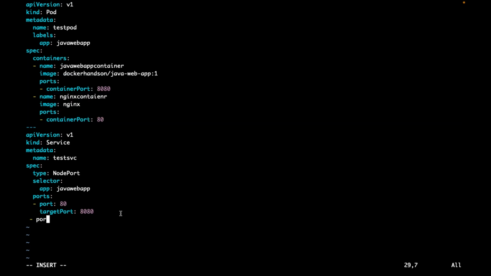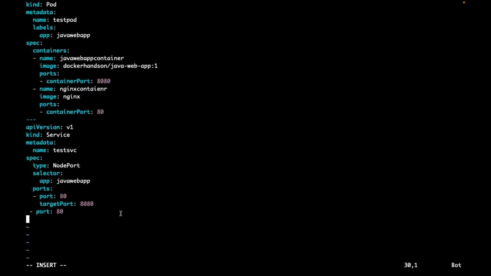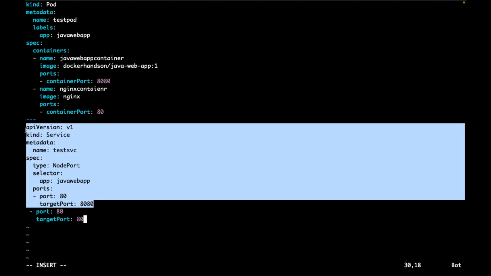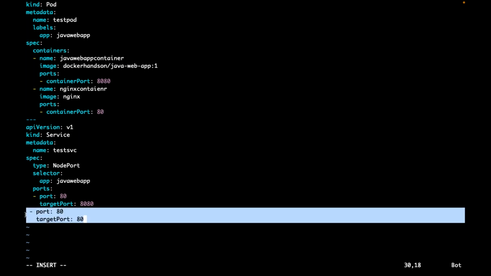Again, can I use the same service port again? Can I do something like this? Single service, is this possible? Is this correct? Is it going to allow this port and this port? No. If required, can I have this one as a separate service and this one as a separate service?